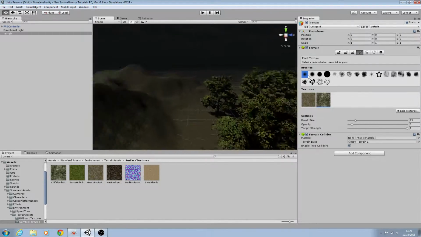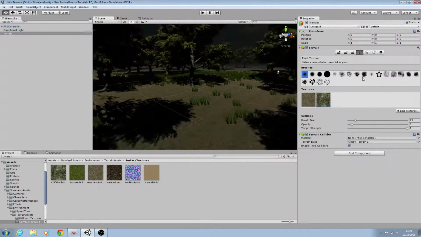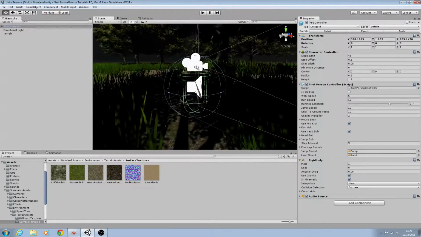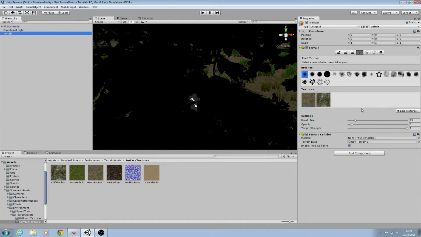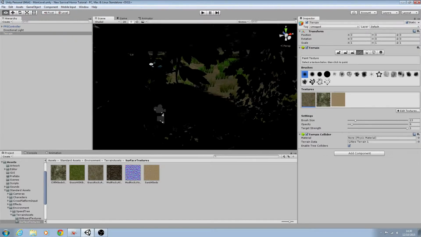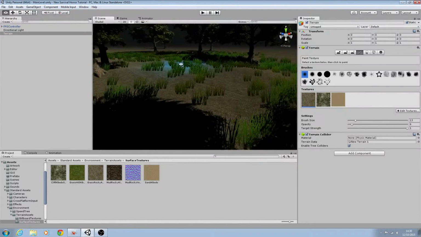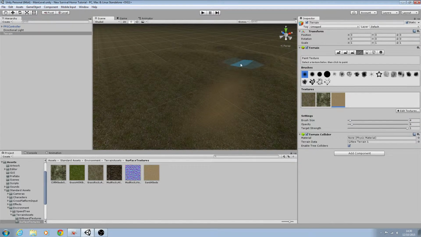And these paint tools are basically the same if you want to create some sort of path within your scene. Let's just center on the FPS controller. So we'll come back to terrain, come back to edit and add, and I'm just going to use the sand texture for now. It probably isn't ideal, but again, it's just for example. So if we wanted to create some sort of path here, we'd downsize our brush, and we can just paint over to create some sort of pathway